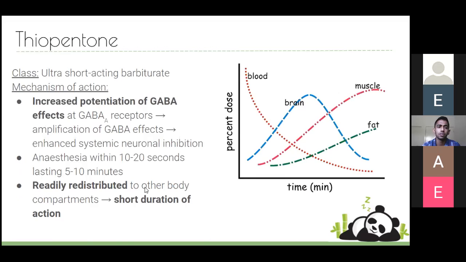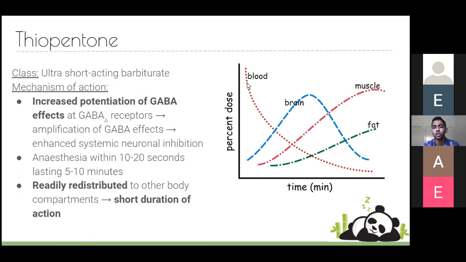All right, so thiopentone. This is probably new content. I just realized, actually, I forgot that you haven't done sedatives yet. But again, this is having a similar effect on GABA. It's going to increase the amount of inhibition, potentiating GABA effects at the neuron. And instead of being metabolized, that's not how the body's going to get rid of it. It's going to be redistributed to other parts of the body.